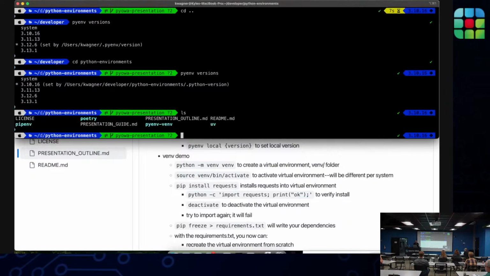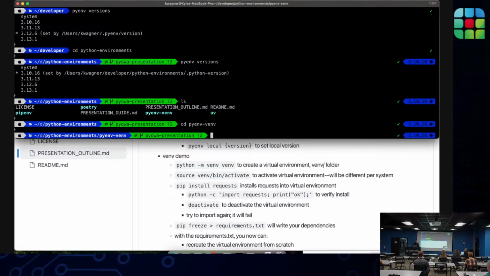So let's go into the pyenv venv directory and let's create a virtual environment and see what's involved with that. Calling python -m for module, so I'm invoking the venv module, and the positional argument here is a name for the virtual environment.